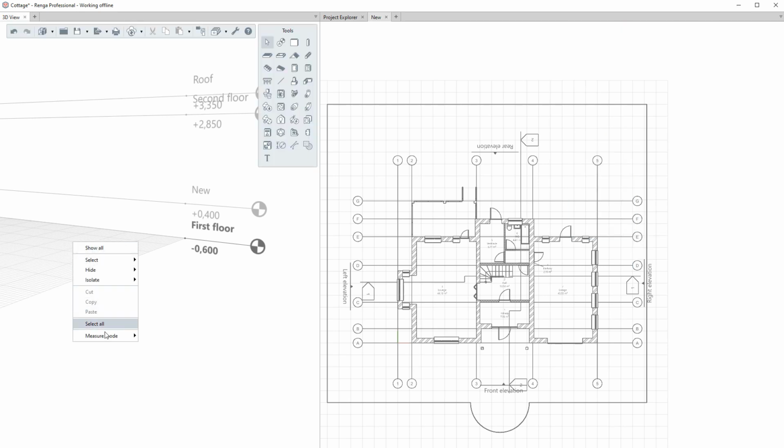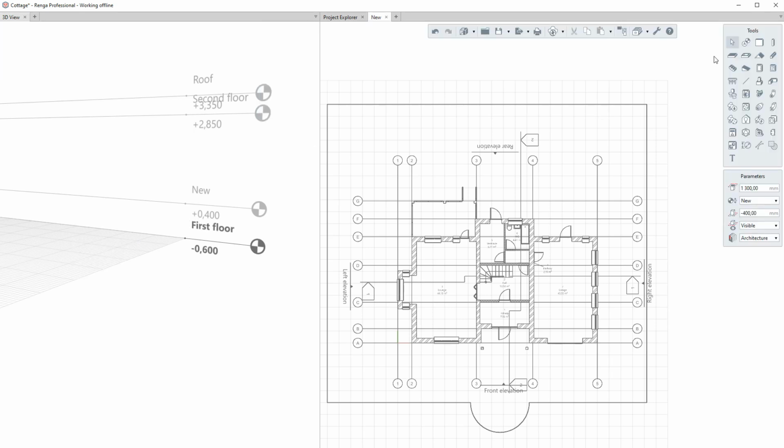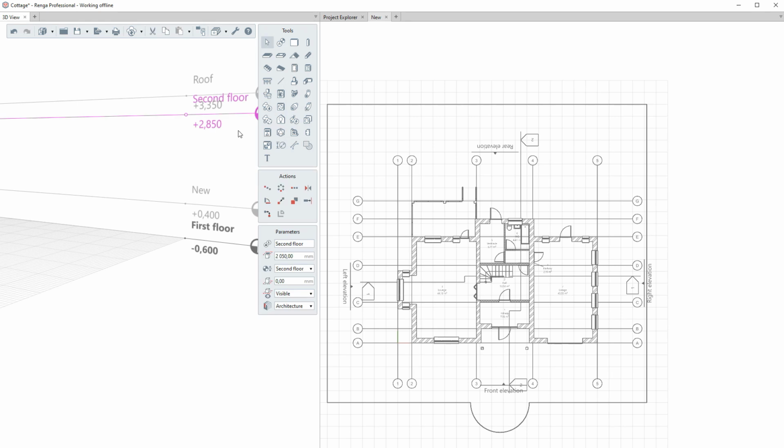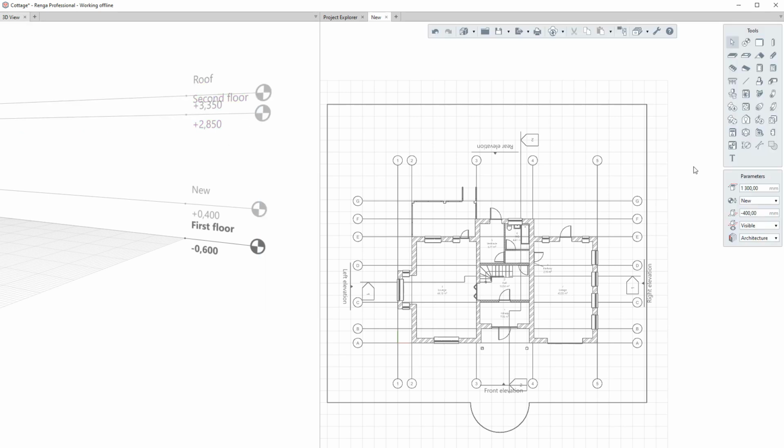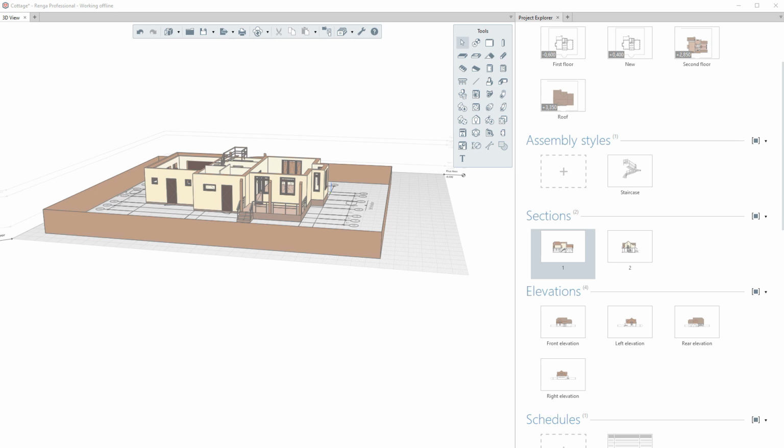If one of these measure modes is required to build an object, go to 3D view. All tools and actions on the right panel are available on 2D view as well as on 3D view. To make your work with level plans convenient, you may specify the level's plan parameters on the Tools panel.